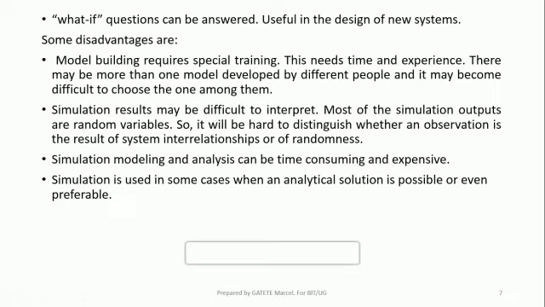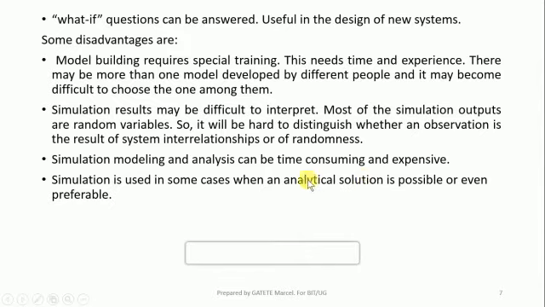Also, simulation is used in some cases where an analytical solution is possible or even preferable. Some people don't know how to distinguish an analytical solution and simulation. Some people will use simulation for a problem which can be solved using analytics. This is a problem.